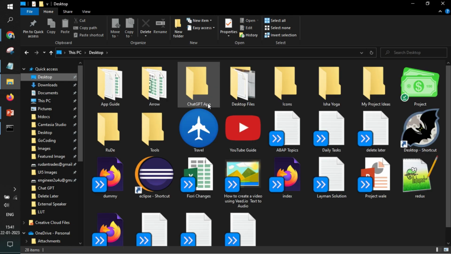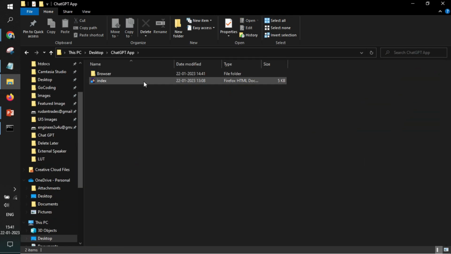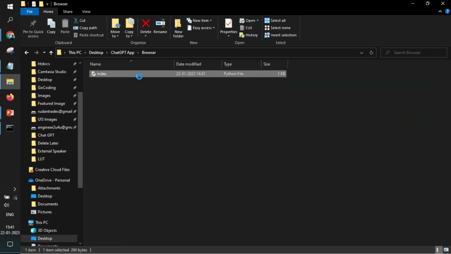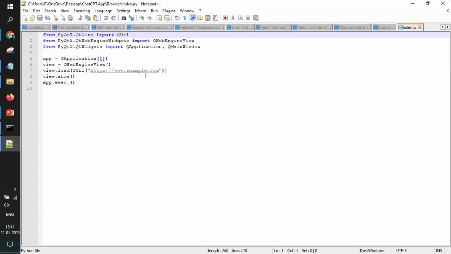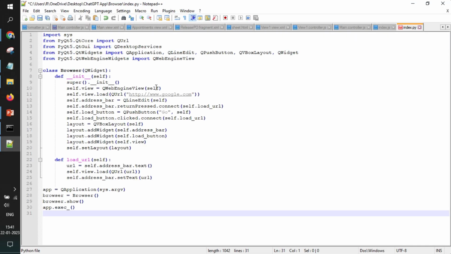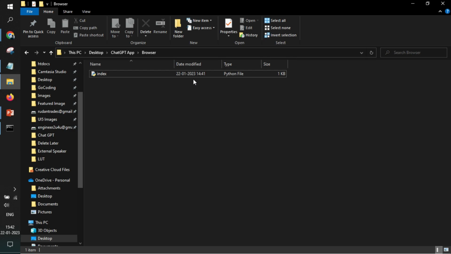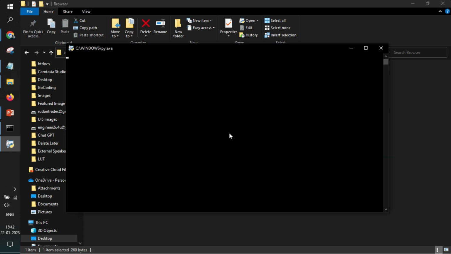So let me go to the desktop, the ChatGPT app, go to this browser file. This file I've already created earlier. I will open up Notepad++ and just paste the entire thing. Looks fine. So the code is ready now. If I double click,